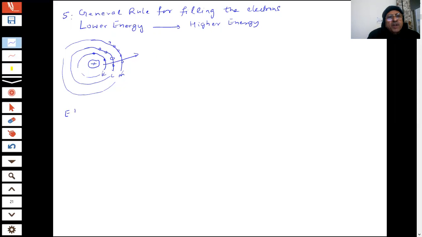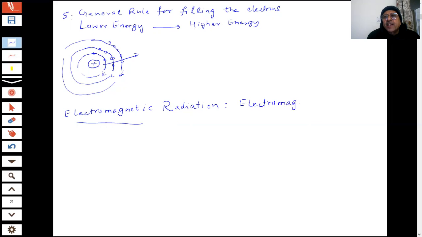We asked you a question, students: what is electromagnetic radiation? What is electromagnetic? Now I'm saying in the books you will find there is an electromagnetic spectrum, students. What do you mean by spectrum? We are saying that light is a form of energy. And in this light, there are different types of waves. Different types of electromagnetic radiations are all waves, students.